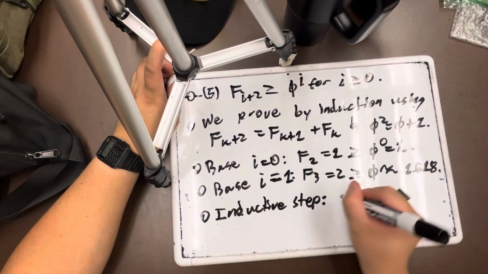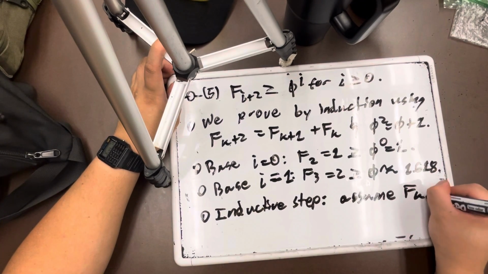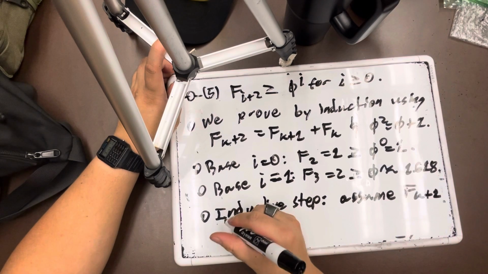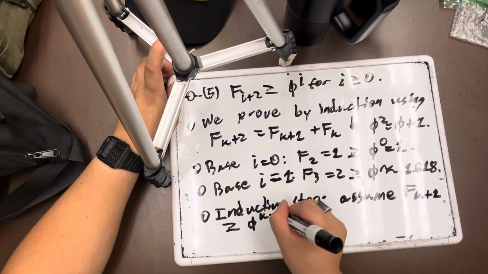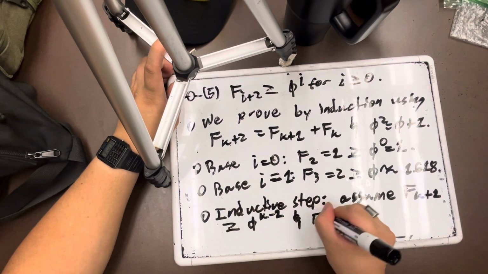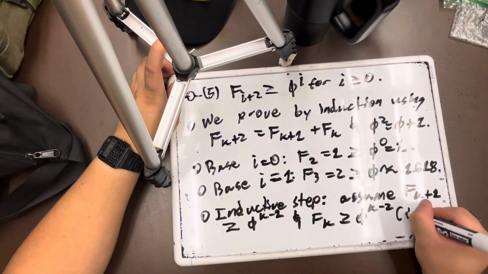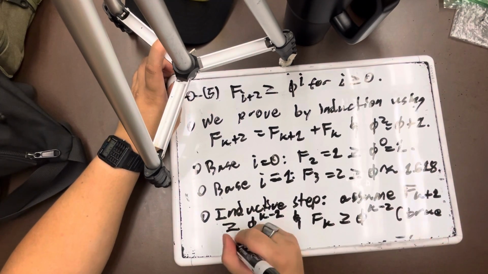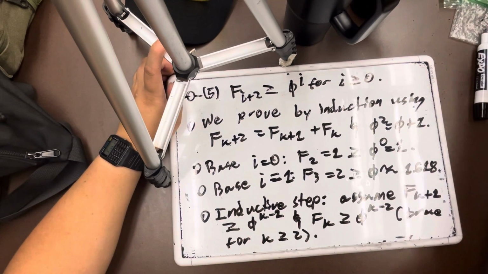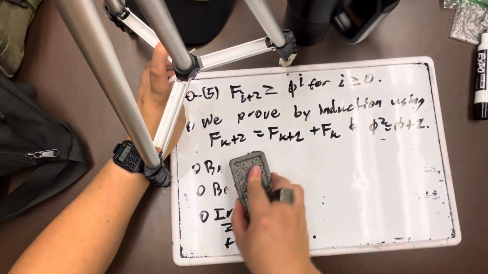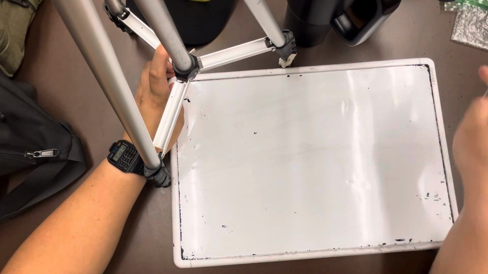let's have an inductive hypothesis. Let's assume f sub k plus 1 is greater than or equal to phi to the k minus 1, and f sub k is greater than or equal to phi to the k minus 1, true for k greater than or equal to 0, right? So what then can we say? Okay. So we can then say